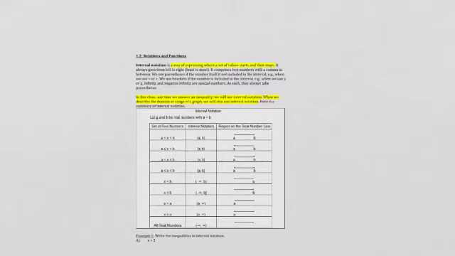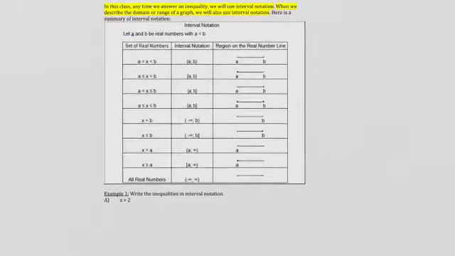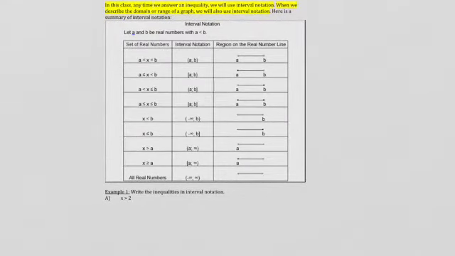Alright guys, so now we are going to talk about section 1.2, relations and functions. Let's first talk about interval notation, which is a way of expressing where a set of values starts and then stops. Interval notation, think about more than just one or two or three values, but a huge set of values. The best way to understand interval notation, even though you have all the different cases you might encounter and different problems you will have to solve, is to try to solve